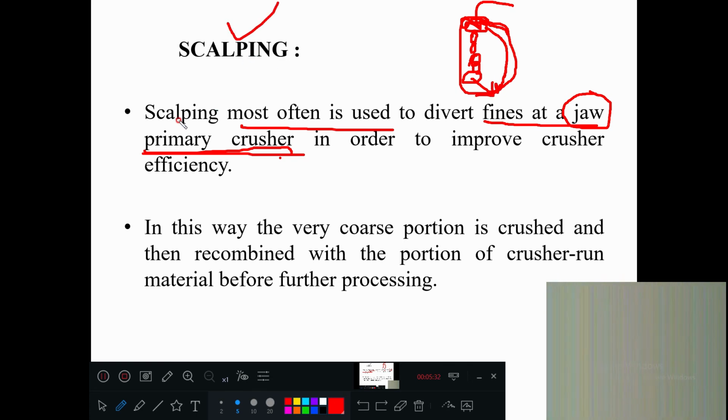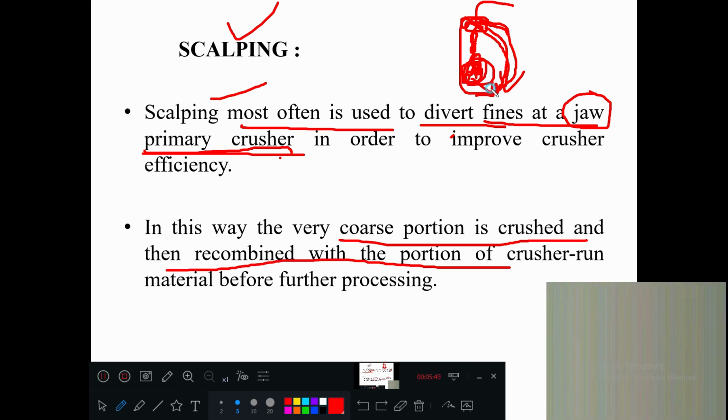This is called scalping. It is often used to divert the fines. In this way, the very coarse portion is crushed inside this machine and then recombined with the diverted portion. So the crusher run material is recombined before further processing.